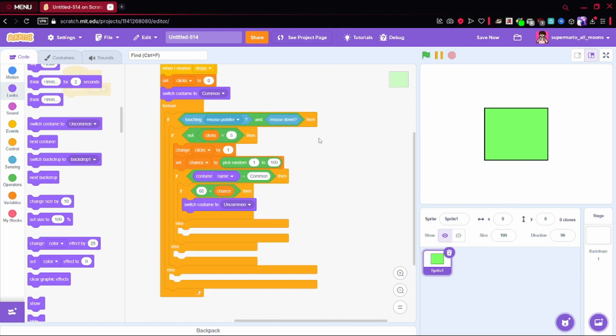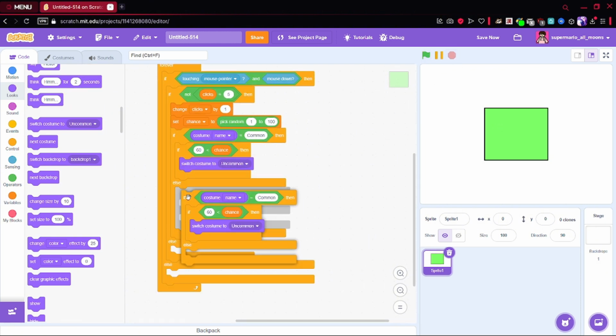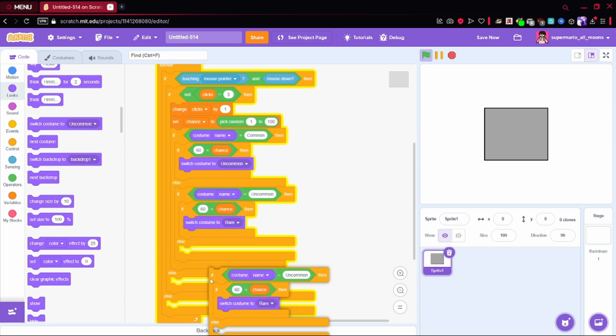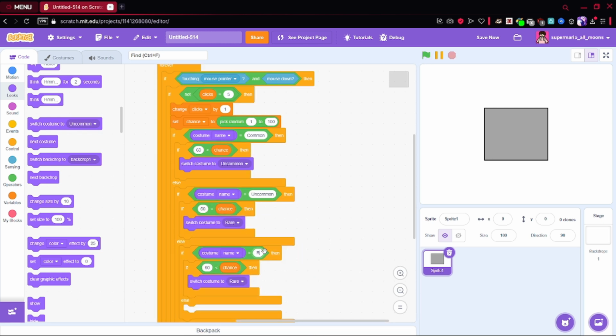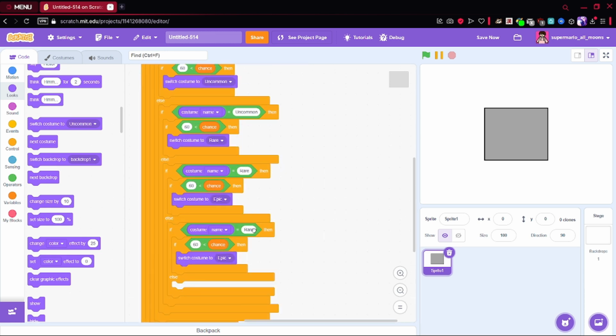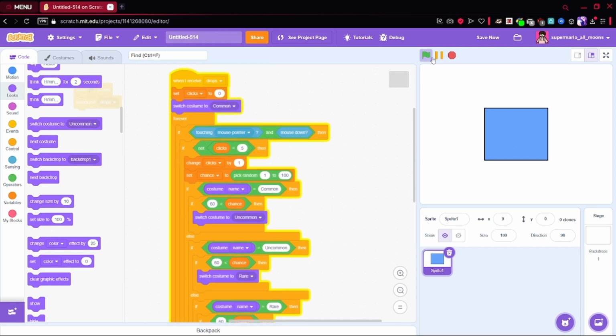Alright, there we go. Now we just gotta keep doing the same thing. Uncommon changes it to rare. Rare changes it to epic. Of course, epic changes to legendary. So now we can, yeah. Now, of course, we see that, hey, it just keeps going. So, what we want to do now